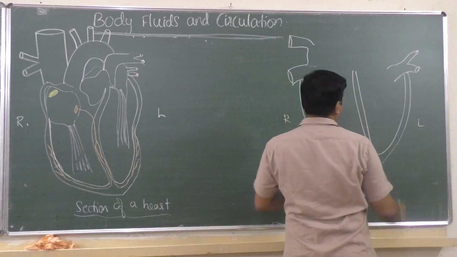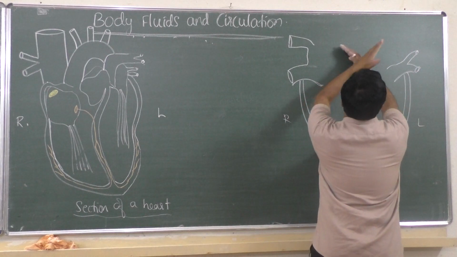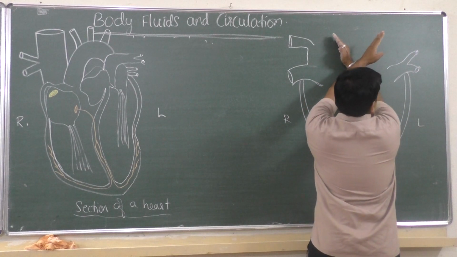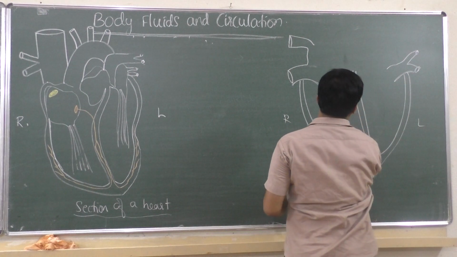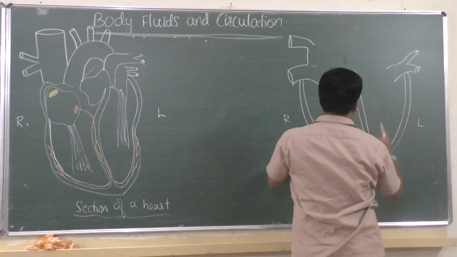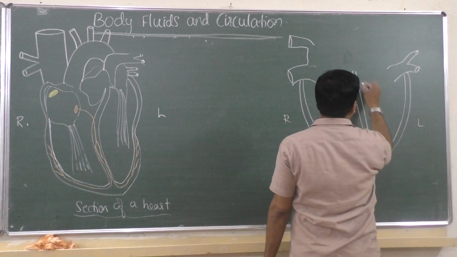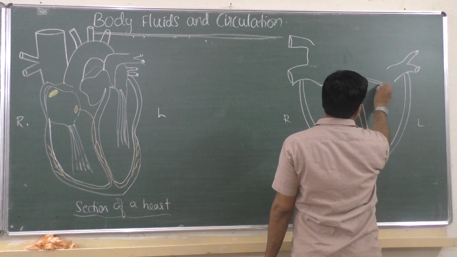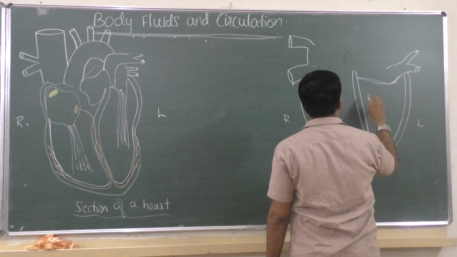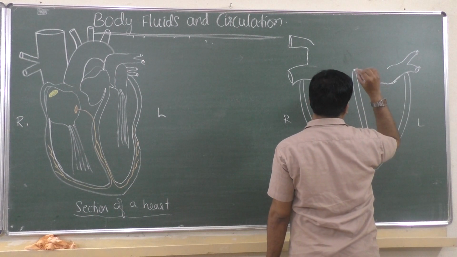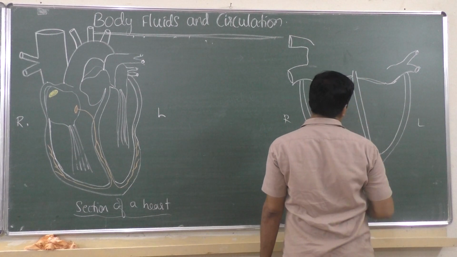Okay, from two sides, left and right side, two tubes will go and it will cross like an X mark and go. See, from this it should go here and come down, and from here it should go this side. So it is exactly like a cross. This is an easy diagram. Okay, so from here you have to show valves here, bicuspid valve or atrioventricular valve. Already you know this diagram from 10th standard, you have already learnt it. So valves you should show.